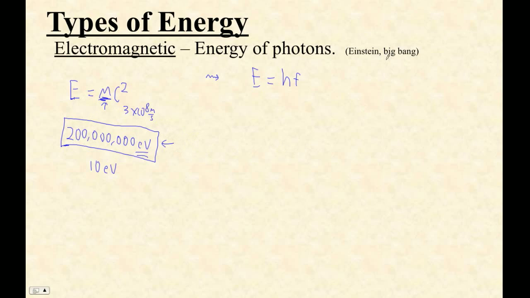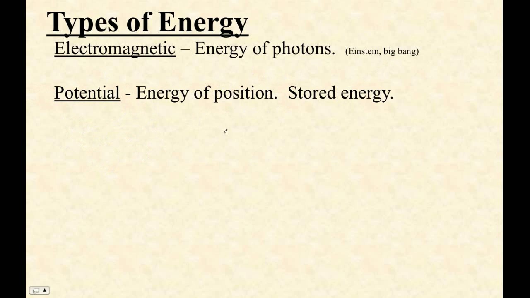But all of the matter that you see around you is actually just condensed energy, energy that has stabilized itself as mass in various resonant states like electrons and protons. So matter really is just condensed energy. All energy started off as some kind of electromagnetic energy in the Big Bang, and it's condensed out. The next type of energy is potential energy.